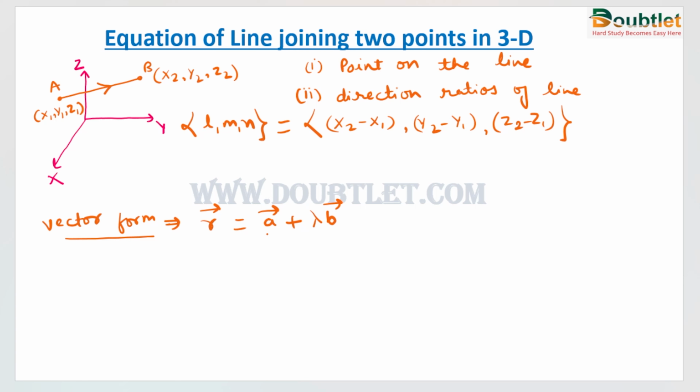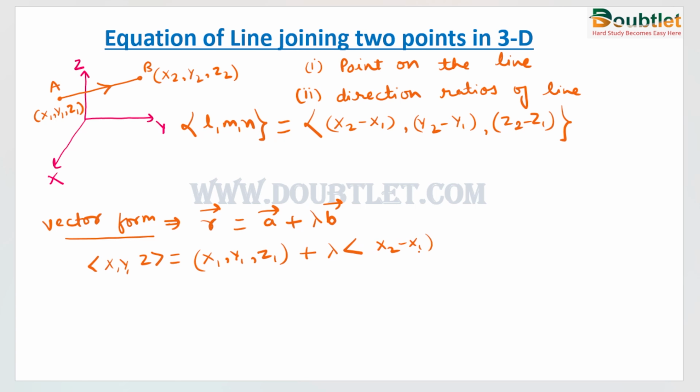Here a vector is the point vector on this line, and b vector is the direction vector. Now if we consider r as x, y, z, and we know that a is x1, y1, z1, plus lambda into b vector, which is the direction vector. We can write this as L, M, N,